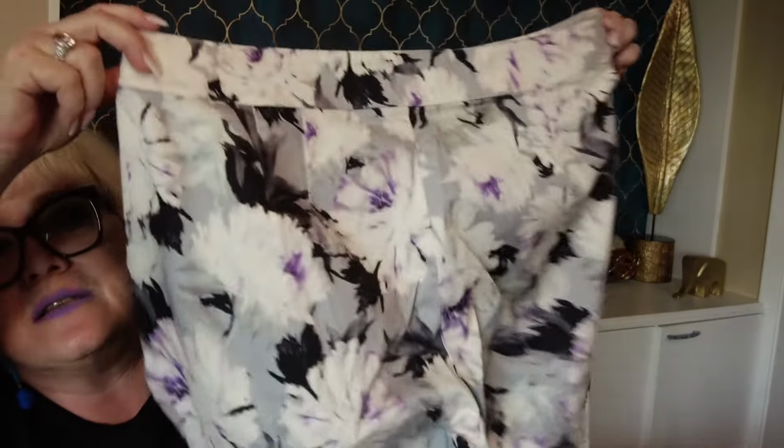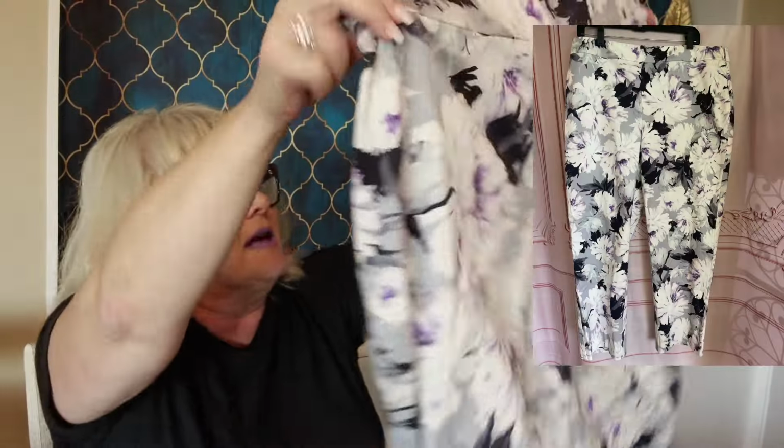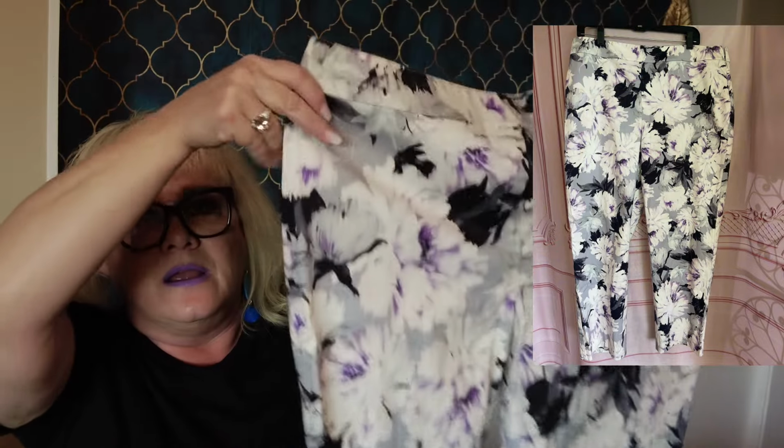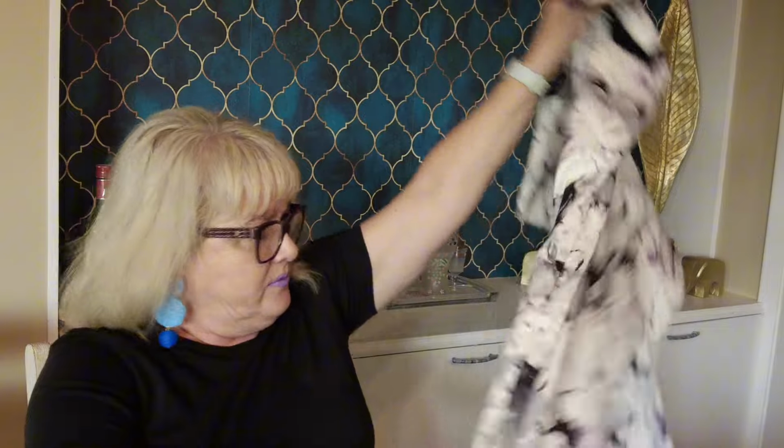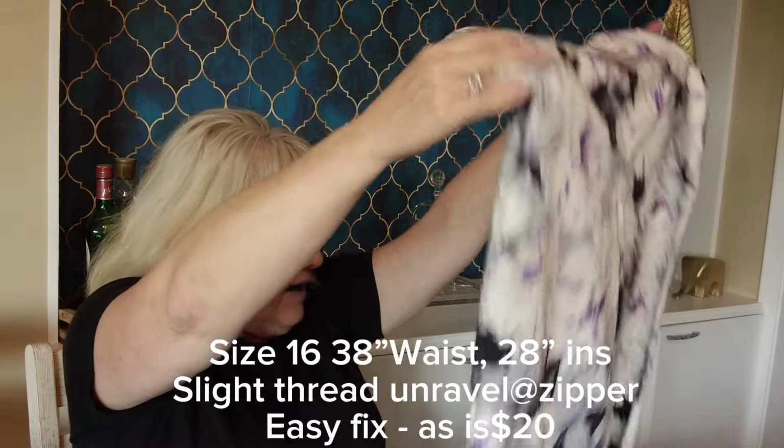All right. What do we have next? St. John, size 16. It's a pair of pants, size 16, St. John. It's kind of like cotton pants. They zip at the side. And they're really nice. The inseam looks like it's, well, let's see, probably about a